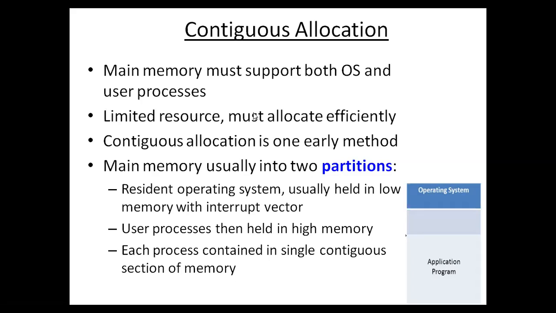Where a process is rolled out and rolled into the main memory, and how the context switching is bound to happen with a great expense, right? So in today's session, we are going to talk about contiguous allocation and fragmentation. So these are the two topics that we would be basically covering.